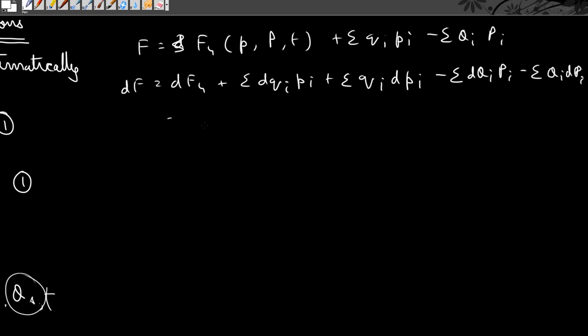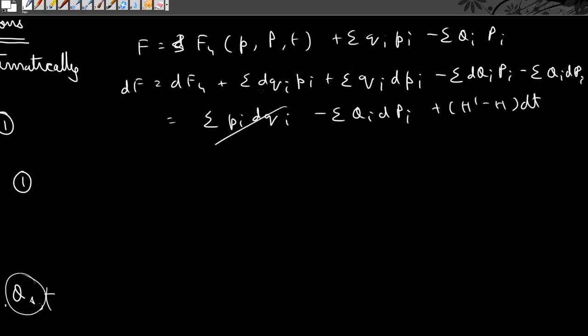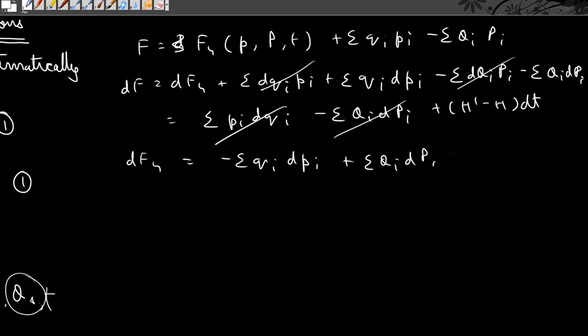This should be equal to summation pi dqi minus summation Qi dPi plus h dash minus h dt. Now again this will cancel with this and this will cancel with this, which gives us df4 should be equal to minus summation qi dpi plus summation Qi dPi plus h dash minus h dt, which gives the following relations: